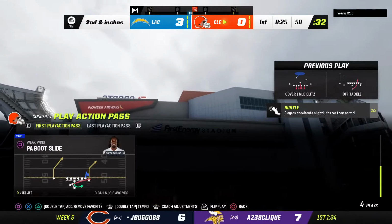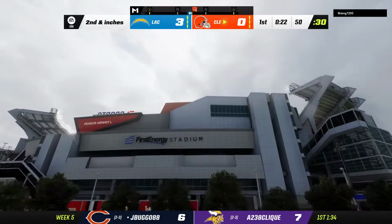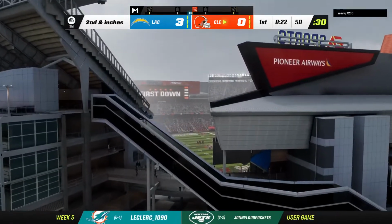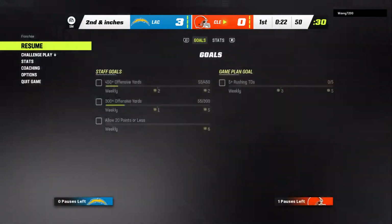Now, look, that wasn't a huge gain, but those are the types of carries I think they were missing in their loss last week. They couldn't get him going on the ground. Did you get the same feeling I did during our meetings that